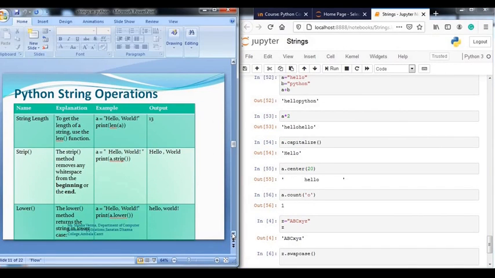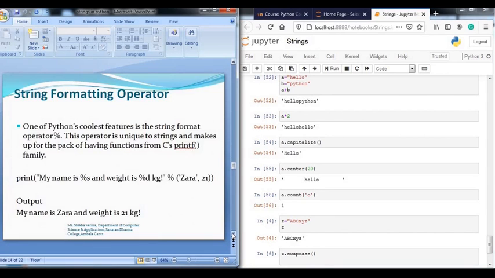Okay, so all these functions we have run. Fine, so next move to string formatting operator. What is string formatting operator? Similar to C programming, Python programming also offers usage of various format specifiers, which we used in previous languages. What are format specifiers? Like the percentage operator. With the help of percentage operator, percentage d is for integer value, percentage f is for formatting floating point data, percentage s is used to format string objects.